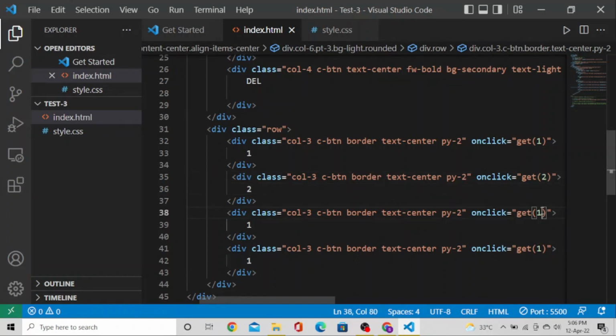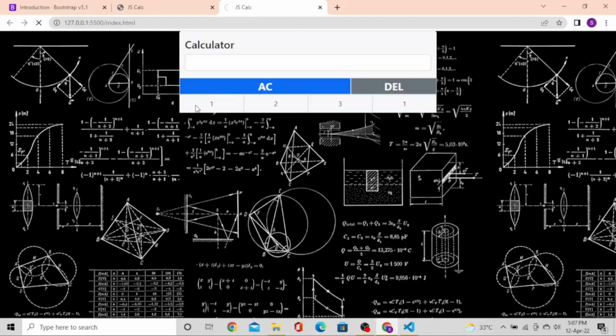Next we'll have 3. The content will be 3. And next we have plus. So we'll just enclose this in single quotes. So with this we are completed with our first row. Let's see how it looks. So yes, we are getting 4